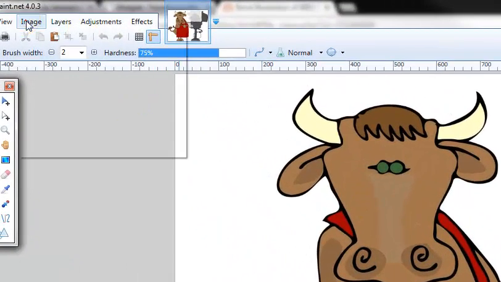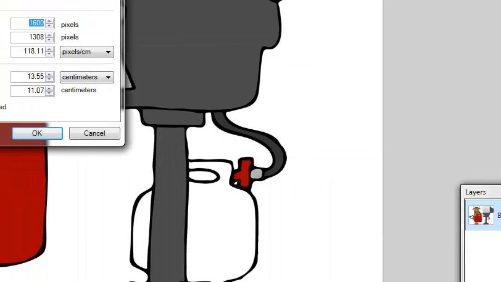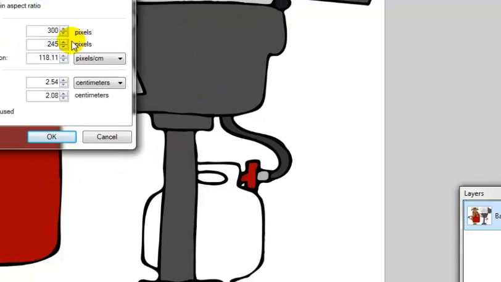This picture, its image size at this point in time is 1600 by 1300 in size. That's way too big for what we need. So what I'm going to do is reduce that to 300 by 245. Again, don't worry too much about the operation of paint.net. If you want a hand with that, I'm quite happy to help you, but that's just to show you we're